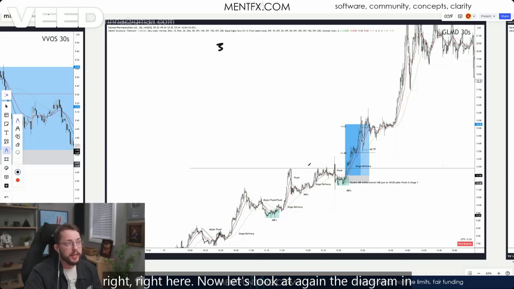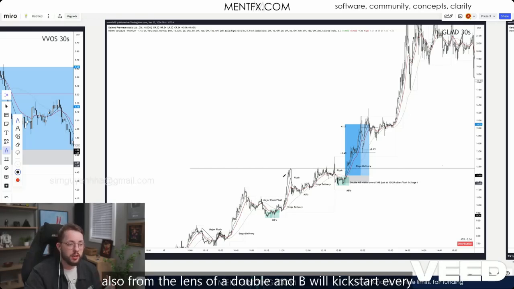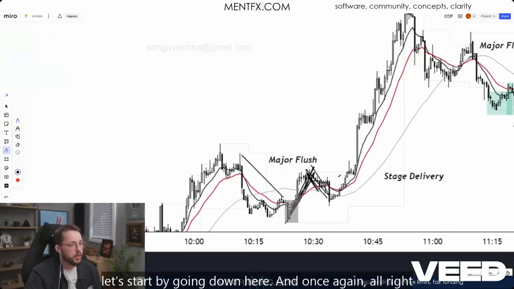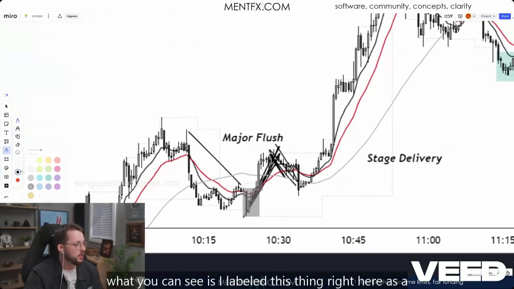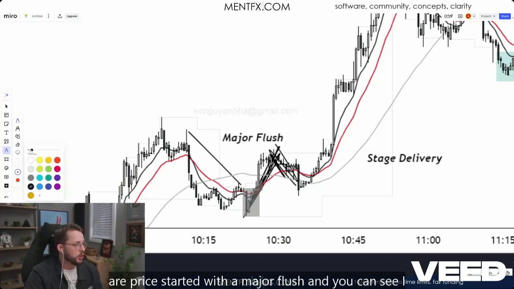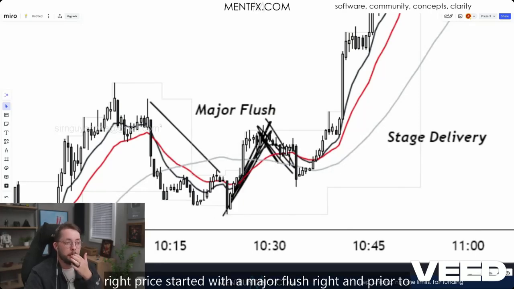Now let's look at, again, the diagram in terms of where we are in this market, how it delivered, and also from the lens of a double MB will kickstart every move, even if it's not potentially tradable or clear. So let's start by going down here. And once again, what you can see is I labeled this thing right here as a major flush. So let me make this smaller. Okay, cool. So here we are. Price started with a major flush. And you can see I actually drew some stuff in already. Let me delete those. Price started with a major flush,